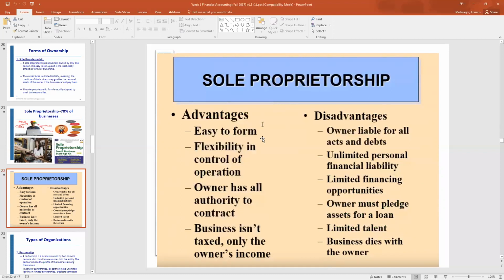So typically, somebody who is a sole proprietor will file what's called a Schedule C on their tax returns, and that Schedule C will become part of their individual tax return. So disadvantages. So the biggest disadvantage of a sole proprietorship is that there's something called unlimited liability, which basically means that